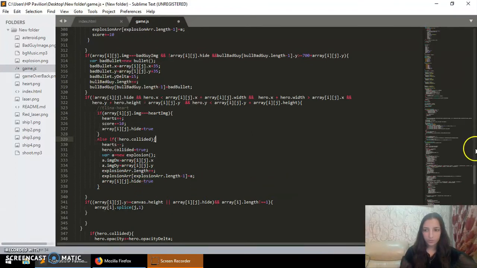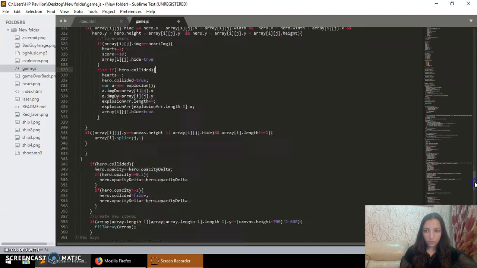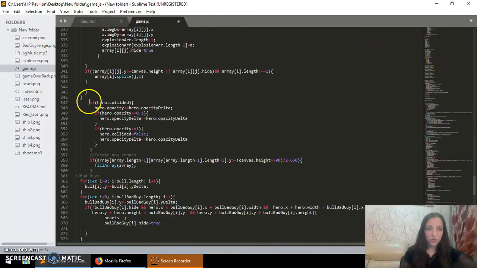going to be hidden. And we have here something about our hero's opacity, which means that in any case when our hero collides with the stone, it's going to change its opacity by y delta, which means that in case it collides with the stones, it is going to become transparent for some time, and then it is going to change its constant image and continue the game until we lose all our hearts and we lose the game. So this was the part of code that I have written for our